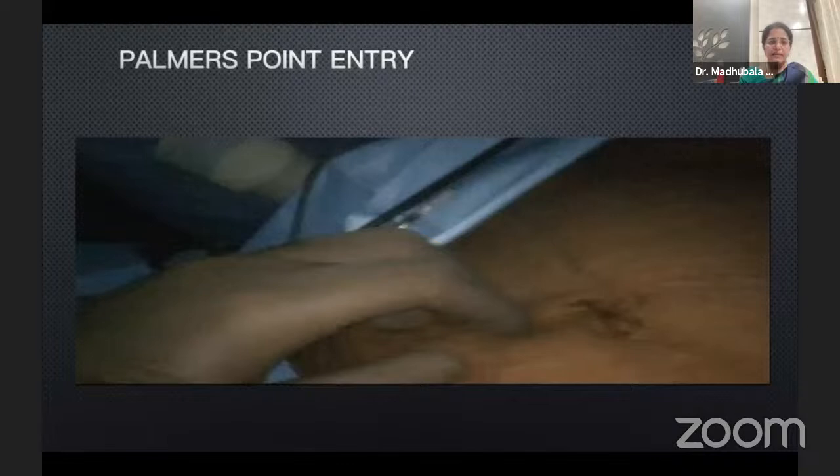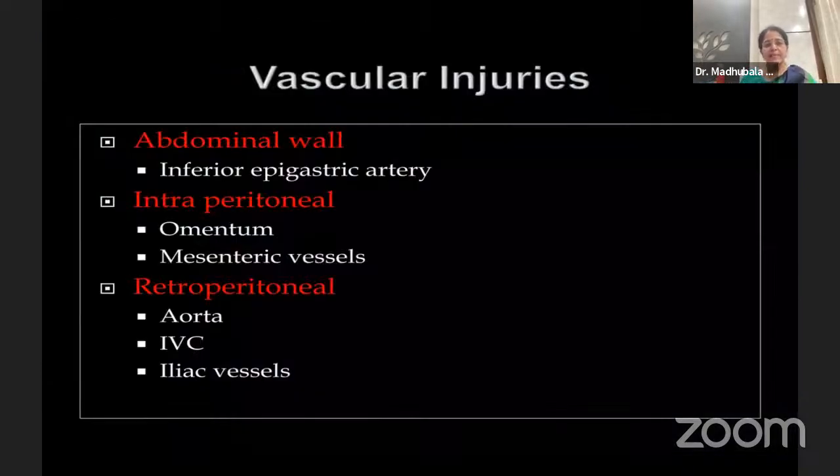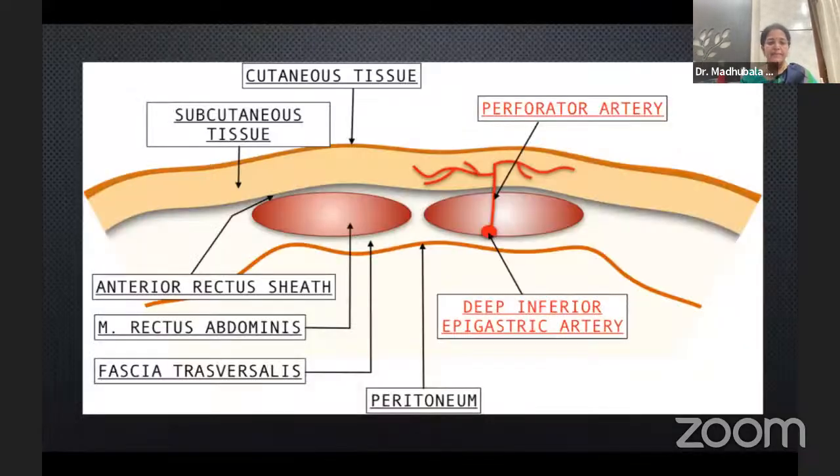So the thing we worry about is the major vascular injuries. Vascular injuries can occur in the abdominal wall, injuring the inferior epigastric artery. Intraperitoneal omental vessels or mesenteric vessels can get injured. Retroperitoneally, our main aorta, IVC, and iliac vessels should be kept in mind. The inferior epigastric artery sometimes might be a very problematic bleeder when you touch it or when you perforate it. It goes right beneath the rectus muscle,